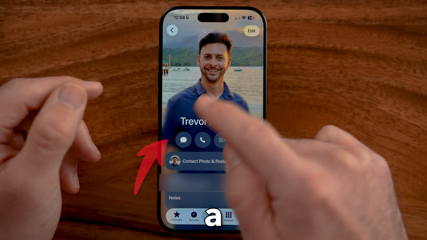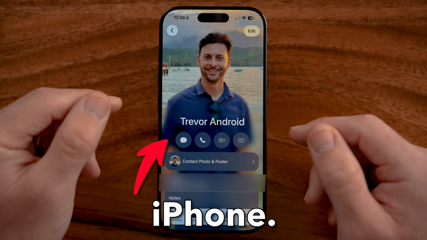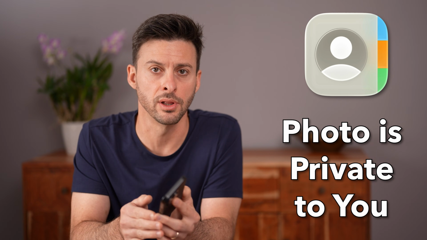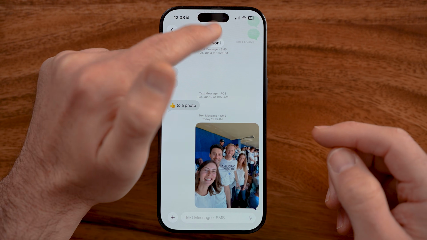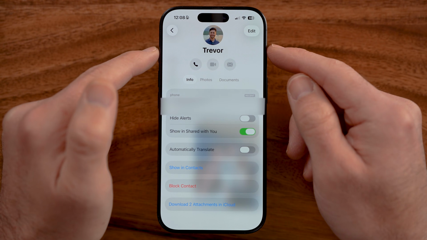Let me show you how to delete a contact photo on your iPhone. No one can see what contact photo you use for someone, and they won't be notified if you delete it. Now, you can either go into the Messages app on your iPhone and go to that specific contact and delete